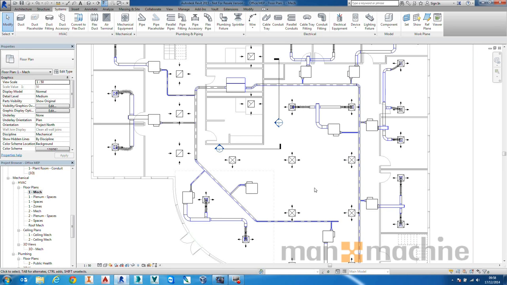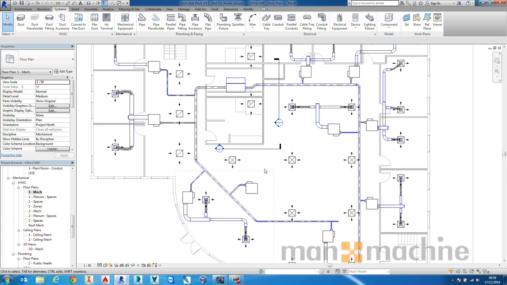Before we do that, just very quickly, we have got the architect's model in here, and I've just configured what I can and can't see. So for example, here there was a ceiling grid, and that ceiling grid has been used to correctly line up these terminals so that they are all in line, not just with each other, but with the ceiling grid as well. I've simply then just turned the ceiling grid off, made it invisible, so we've got a nice clean view